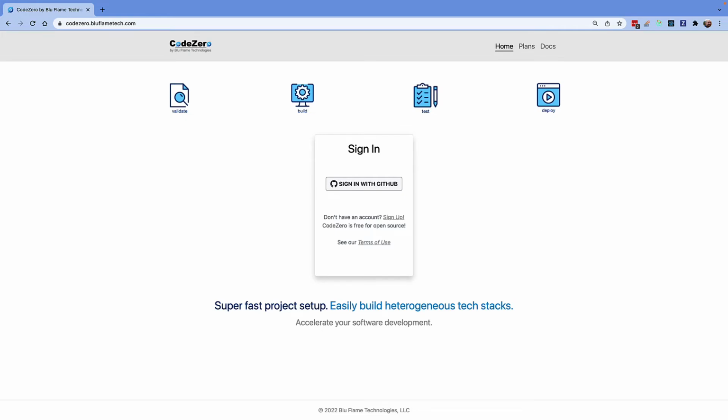Hi, this is Clayton. In this demo, I'm going to show you how to sign up for CodeZero with GitHub, how to add a repository as a CodeZero project, and how to configure that repository to run CodeZero jobs. Let's get started by clicking the Sign In with GitHub button on